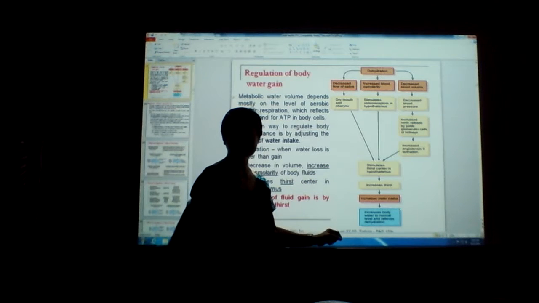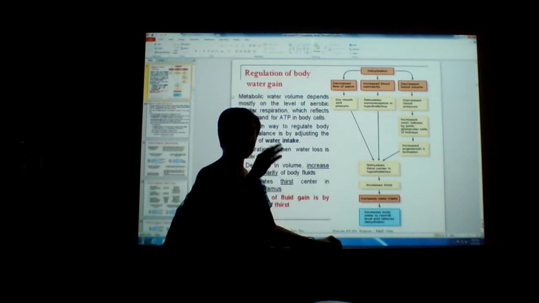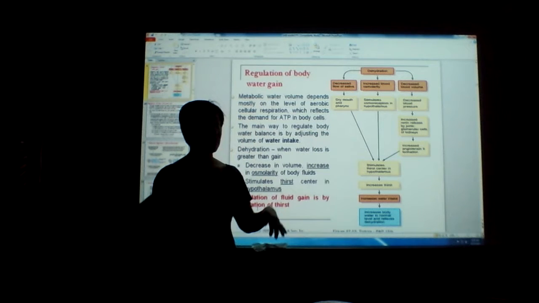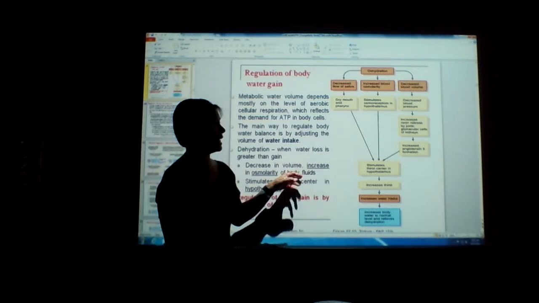In fact, what did they say? For normal females, we should drink 9 to 13 cups a day. For males, what did they say? For males, it's how many cups a day? 13 to 16 cups a day. But that's just normal. If you're physically active, you have to increase your water intake.